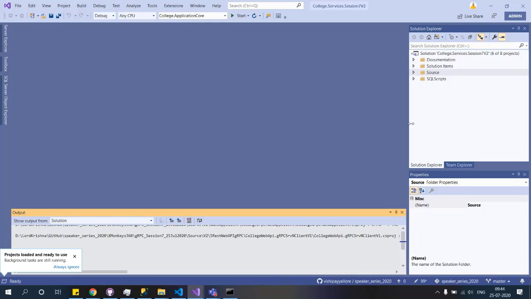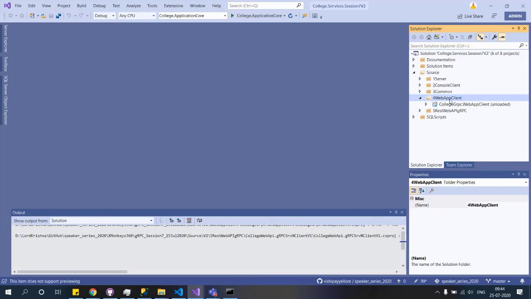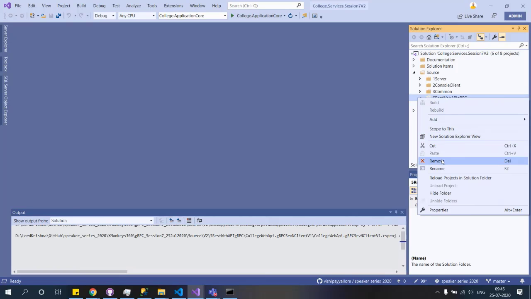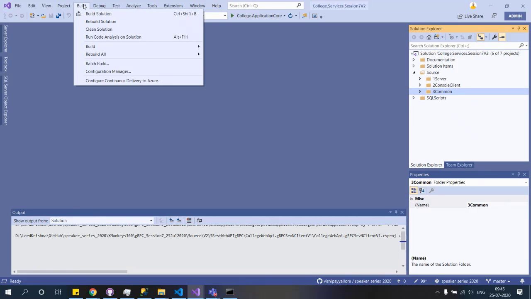Okay, I know some of the folders. We don't need this one, I'll remove it. And we don't need this one, I will remove it. Okay, let's quickly build this.